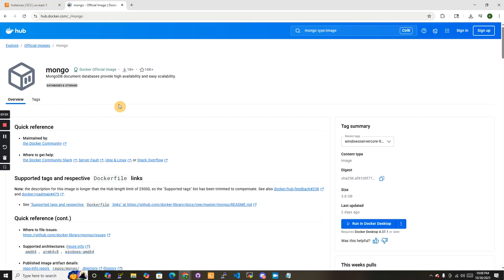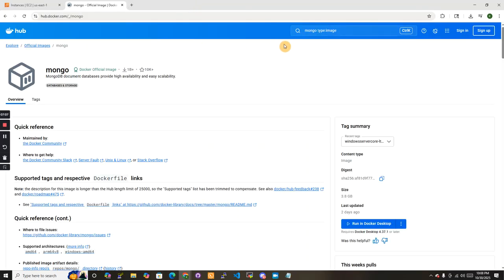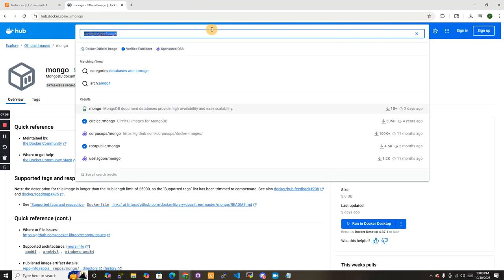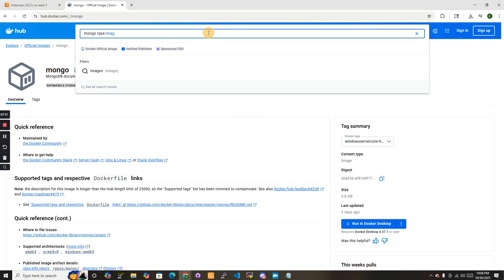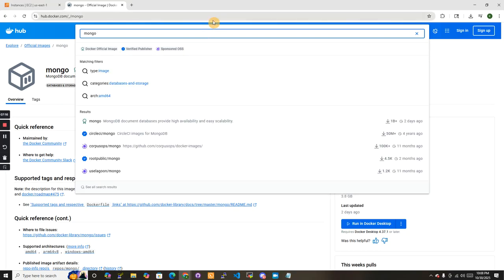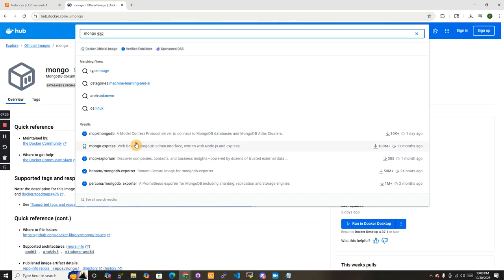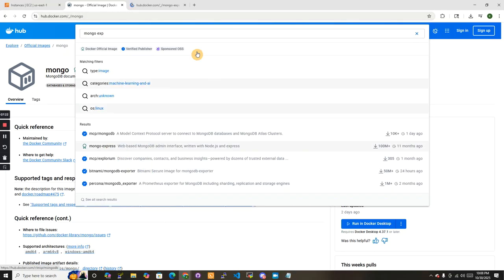Okay. And I also want to get Mongo Express. Let me see, because I saw it over here. Let me see if I can right click it and open Express. There we go. So I can open them side by side